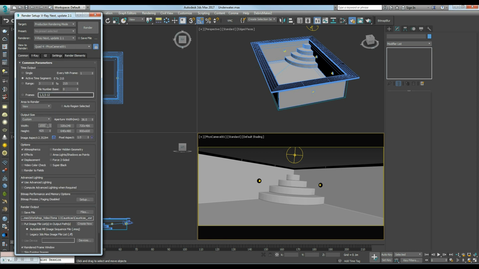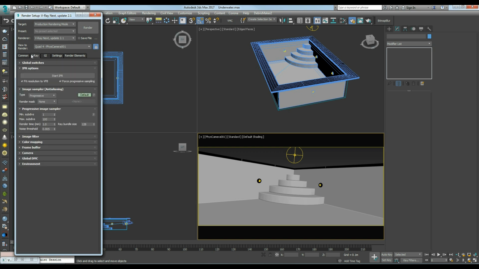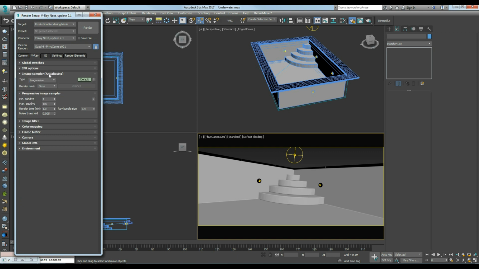For this tutorial, I'm going to work with 1000 pixels to make it faster. And I don't have to move anything in these tabs. I'm going to change only the bucket settings. I'm going to decrease this number to 8, increase the noise threshold to 0.07, and decrease the bucket size to 18.